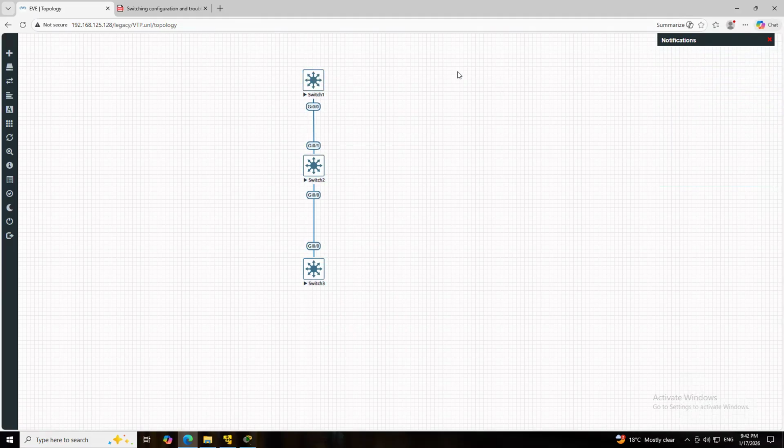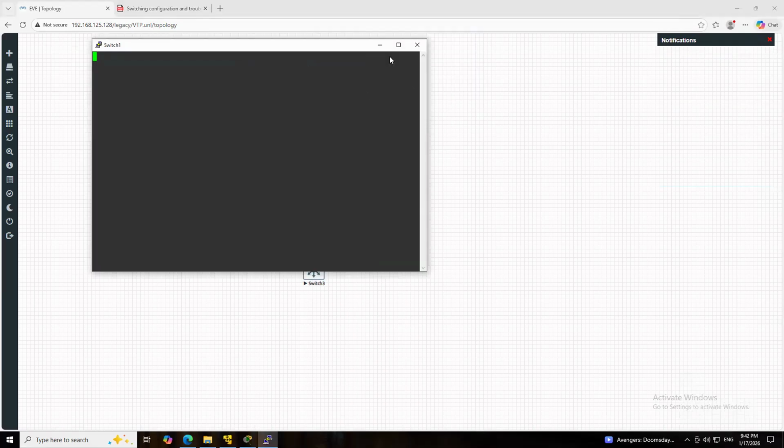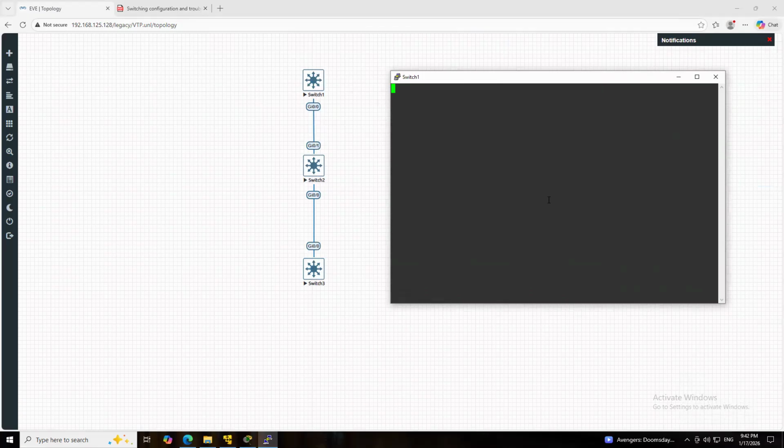So what does transparent mode do? It simply passes through the information whatever it receives. It will not entertain that advertisement, it simply passes through that information. So I'm going to show you how we can configure VTP, and then we will introduce a malicious switch and take down the entire network. That is the dark side of VTP. That's why you rarely see VTP in production.